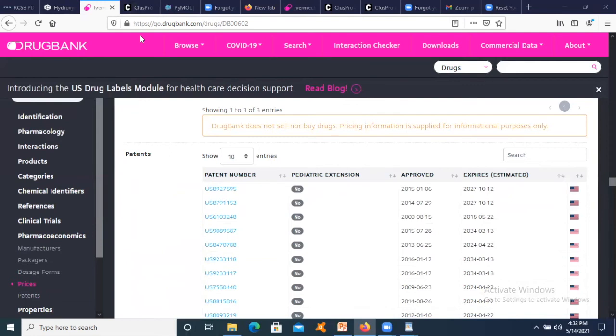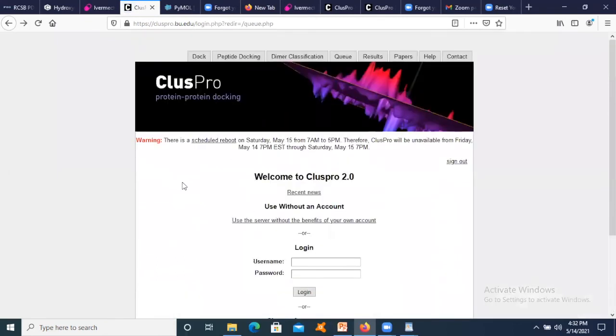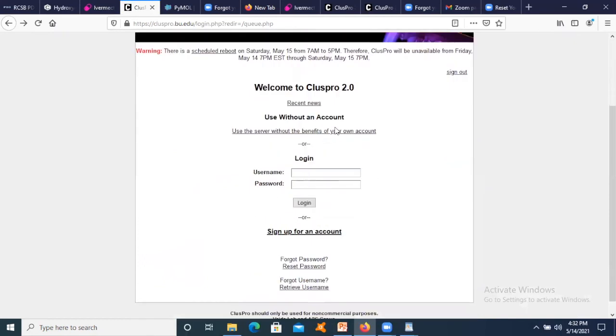We have already shared the ClusPro links with you all. You can click on that or copy paste in your browser, and you can set up an account and use it. I'll just go without an account.